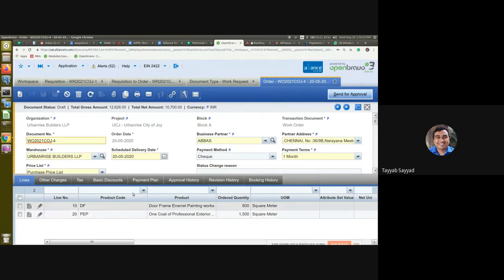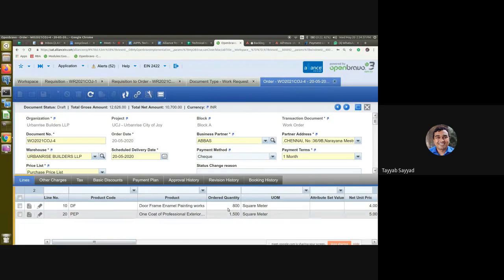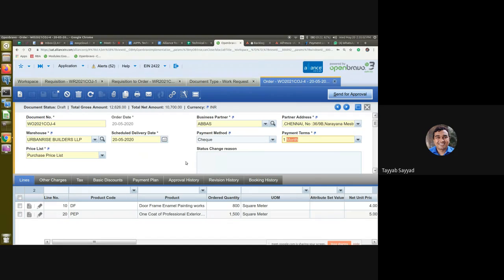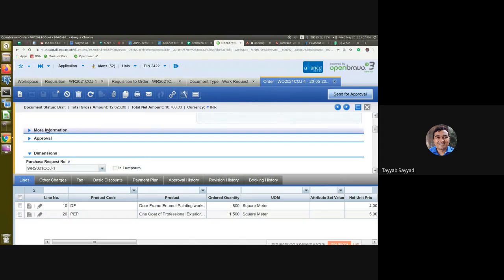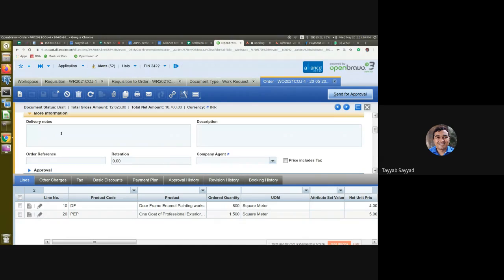Okay, and it is having those two items, where for door frame enamel painting we added 800 quantity, and for one coat we added the full quantity as 1500. Okay, so all the data will be filled in based on the requisition. And all the vendor details will be pulled from the vendor master, his payment terms, address, and everything. Okay, so if additional information needs to be added, you can add it in the more information section,